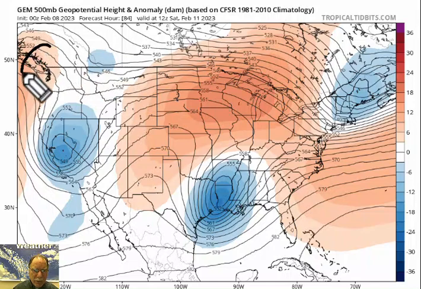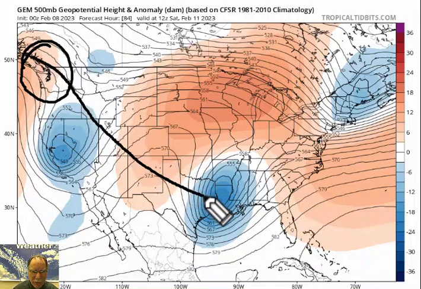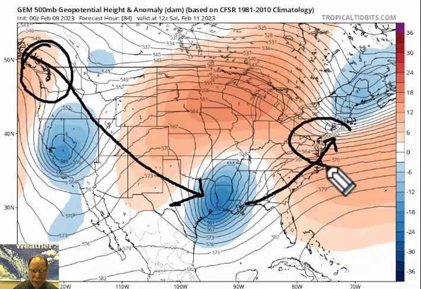Again, that particular wave of energy is just now moving into this region, and it dives to the south and east over the next 72 hours or so. And ultimately, where this ends up will have a big impact on where that surface low forms. But it looks like the surface low could form in this region and then kind of ride up slowly to the north and east and potentially impact the Mid-Atlantic region by the time we get to Super Bowl Sunday.